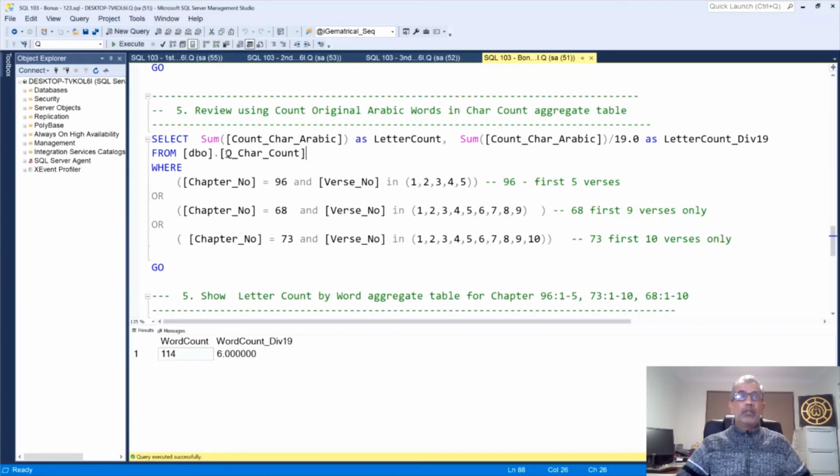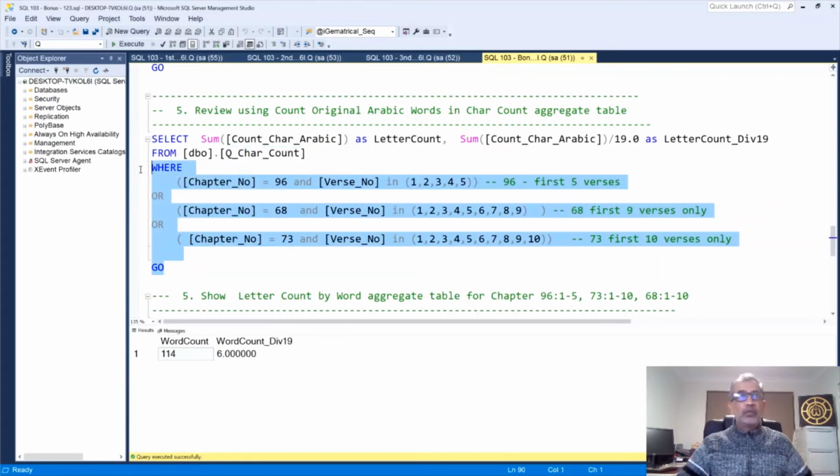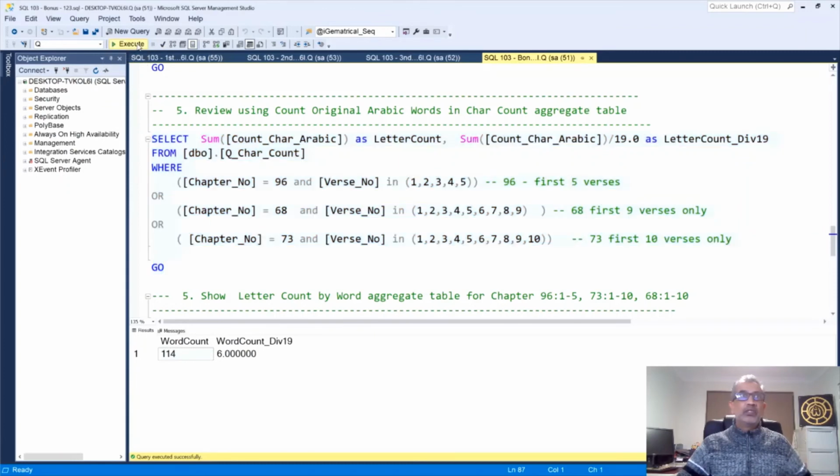But I'm working on that wonderful aggregate char count table, which holds all my aggregate character counts. And I'm running a query to limit again to chapter 96, those first 5 verses, chapter 68, first 9 verses, and chapter 73, the first 10 verses. And I'm doing a sum of that and then doing a div as well.